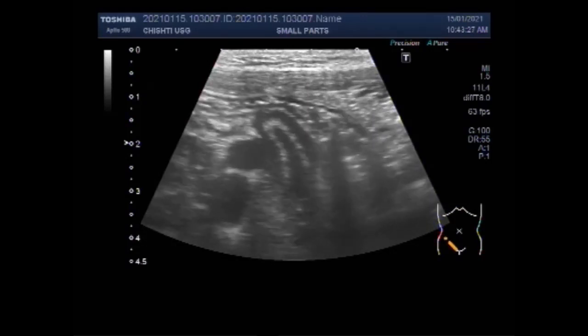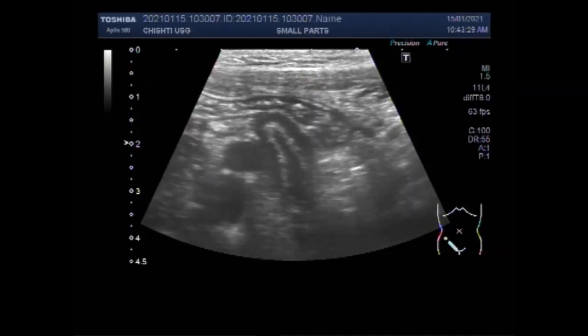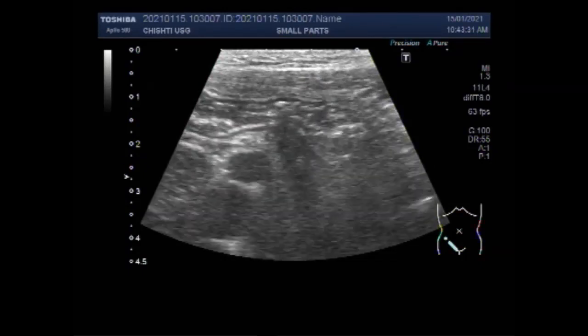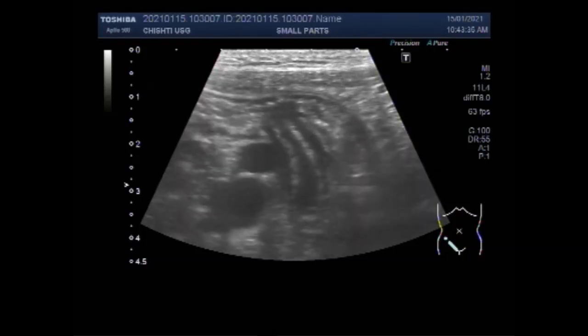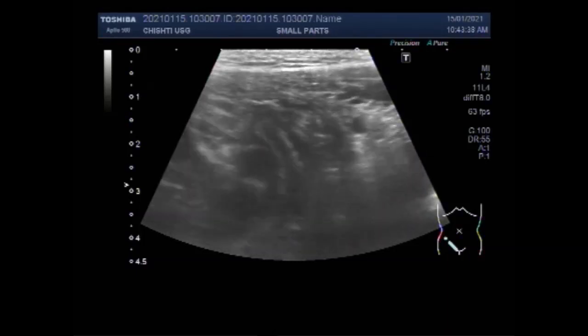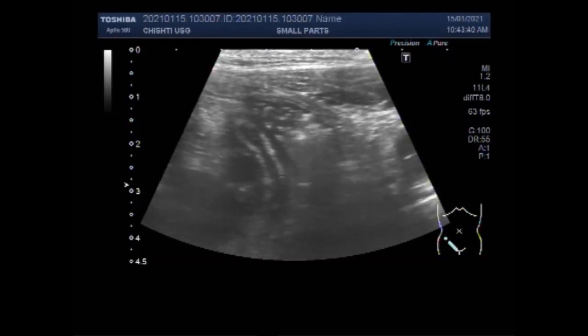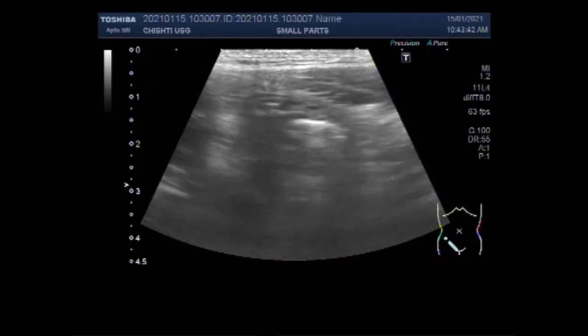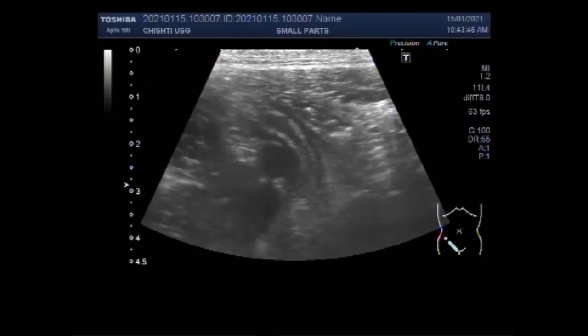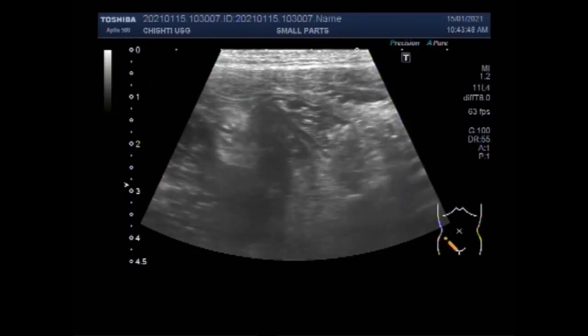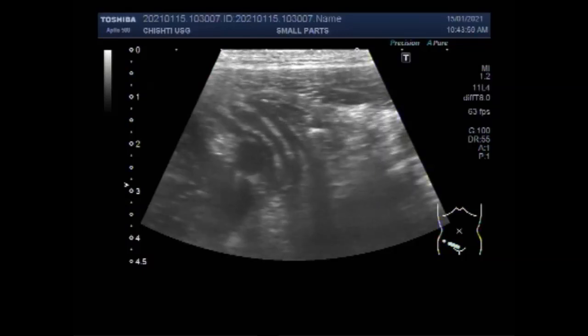First of all, you will have to localize the ascending colon, then one has to scan inferiorly to localize the cecum, and then one can see the appendix. The colon will have the haustra, which will differentiate it from the small bowel. You can see the haustra in the long axis view. Now you will scan caudally to reach the inferior end of the cecum, and then you will sweep the probe